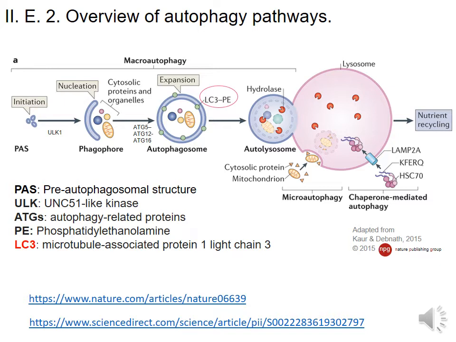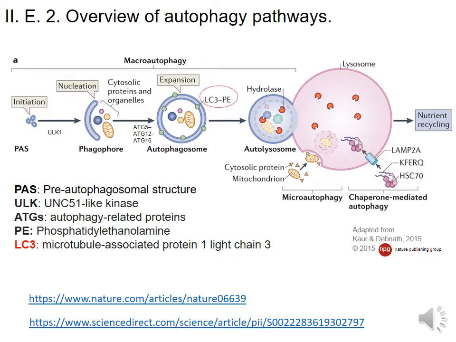There is also microautophagy, which consists of invaginations or protrusions of the lysosomal membrane that are used to capture the cargo. And then there is a very specialized type of autophagy called chaperone-mediated autophagy, which refers to the chaperone-dependent selection of soluble cytosolic proteins that are then targeted to lysosomes and directly translocated across the lysosome membrane through